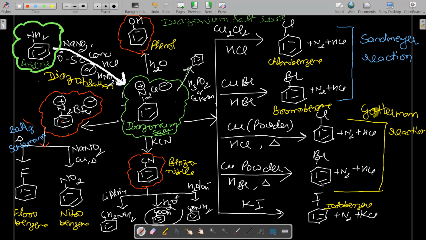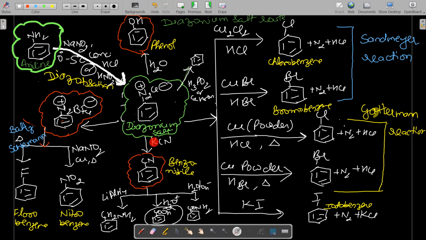This is benzoic acid. So how to obtain benzoic acid? Yes, of course, aniline does not directly convert into benzoic acid. Aniline first converts into diazonium salt. And then